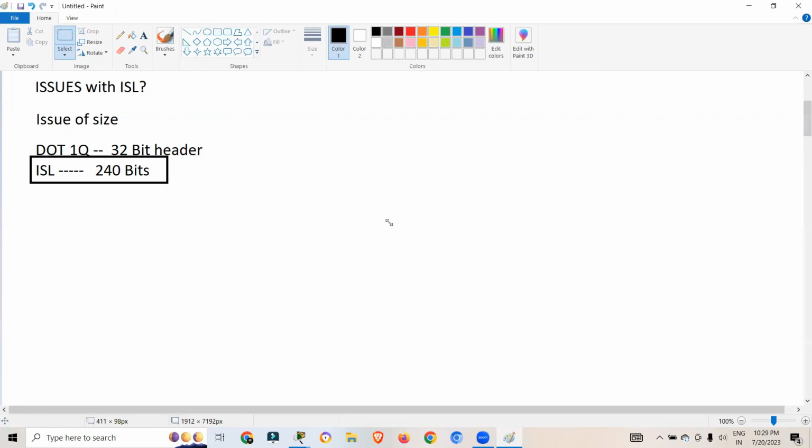Okay, everyone. Any question with ISL or .1Q encapsulation? Professor, good. Okay. So can we move to the next topic now? Yeah. Okay, everyone. So